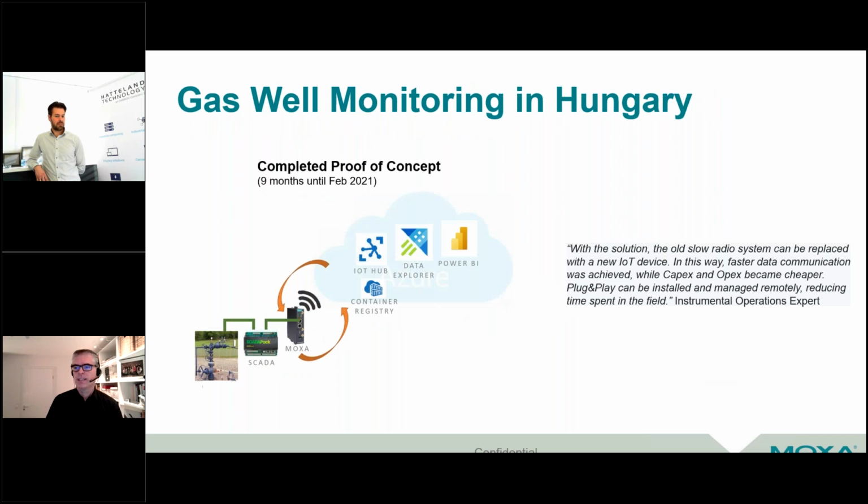Another example is gas well monitoring in Hungary. It's not very pretty yet, sorry, but it's very recent, so I thought it's good to show what's happening today. So we completed a proof of concept recently with gas wells. There's also tanks and equipment to put smell into the gas